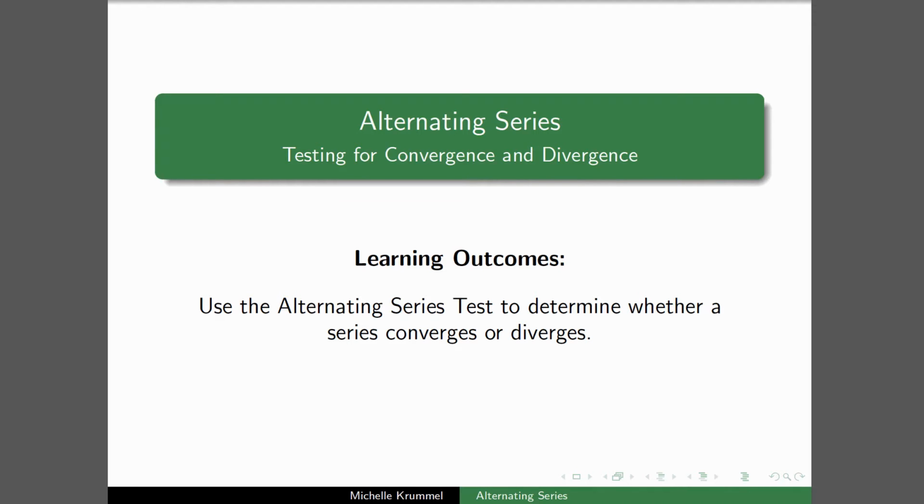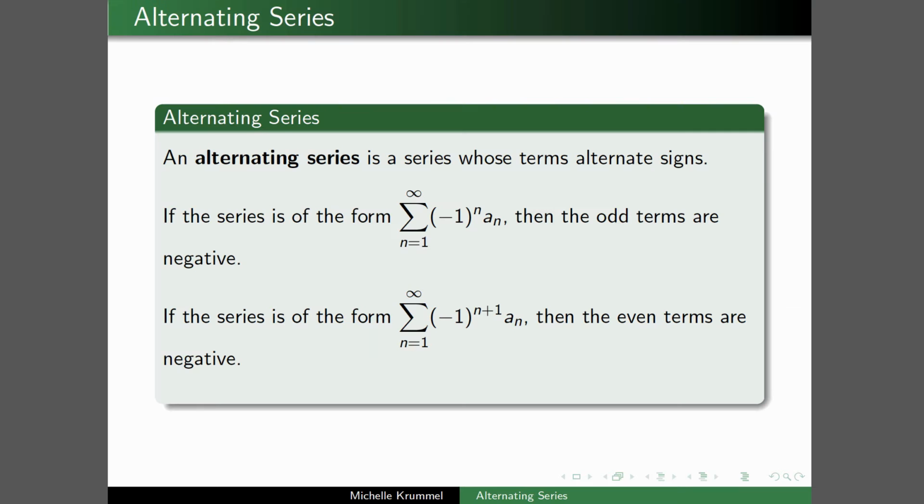In this video, we'll be using the alternating series test to determine whether a series converges or diverges. An alternating series is a series whose terms alternate signs. If the series is of the form the sum from n equals 1 to infinity of negative 1 to the n a sub n,